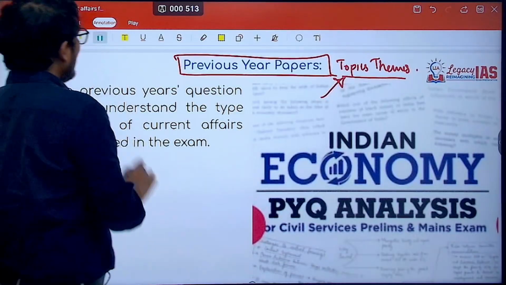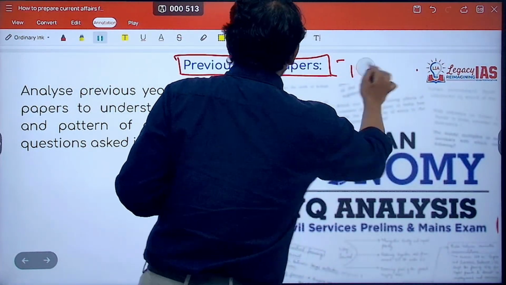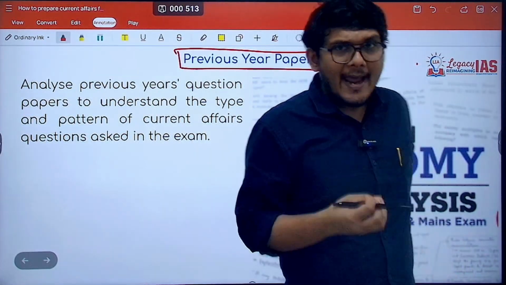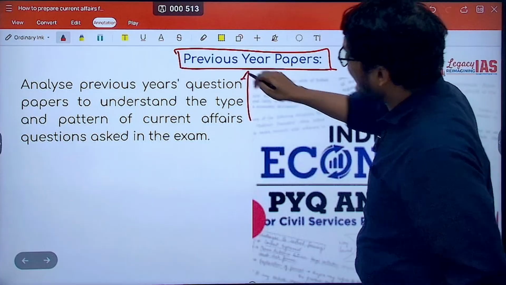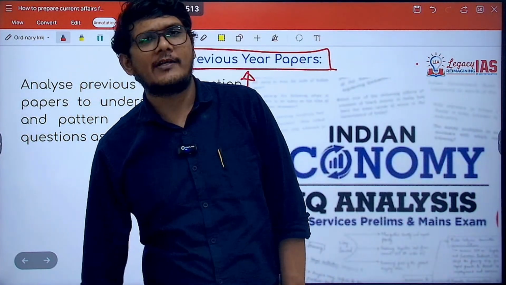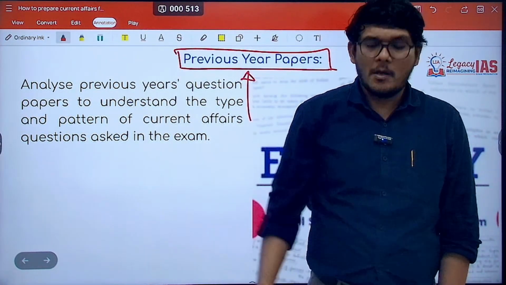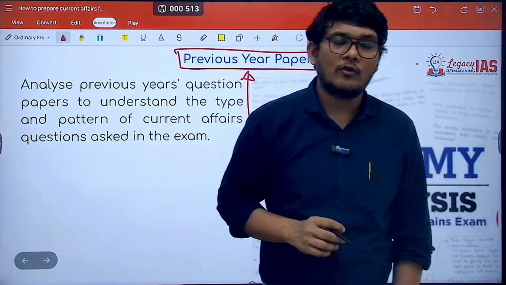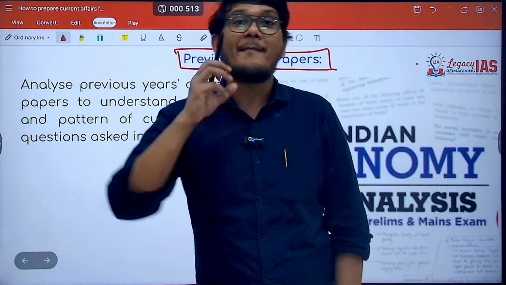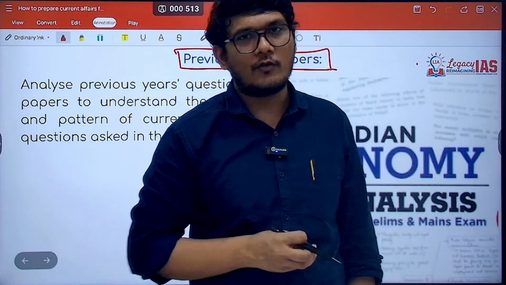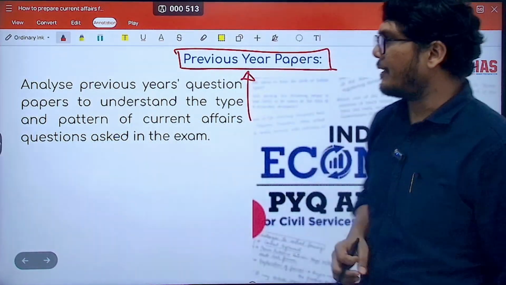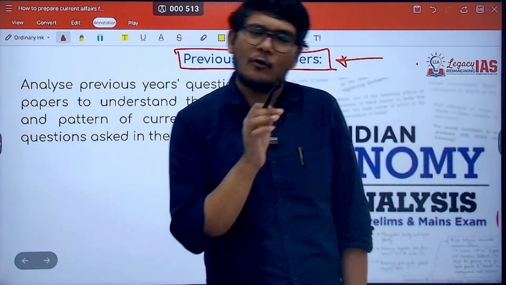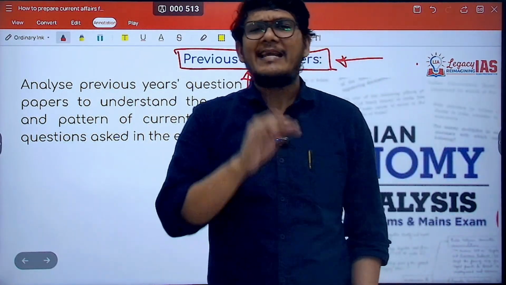Next is the PYQ. Now when it comes to PYQ, there are different approaches to PYQ. I ask the students, the day they are starting their preparation for UPSC, to go through the PYQ. But at the same time, when the prelims are approaching, I ask them again to go through PYQ. Now, why is that the case? Because there are different manners in which you can approach the PYQs. The very first time when you start your preparation, you are required to go through the PYQ in a very superficial, no, I won't say superficial, but in a very limited manner.